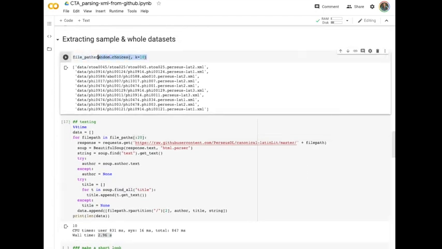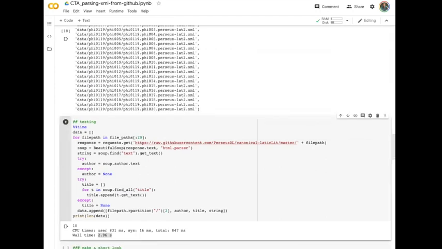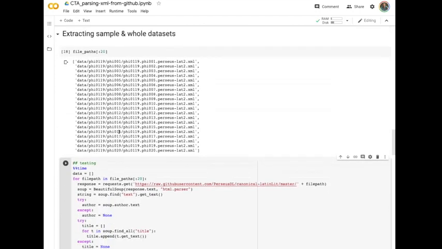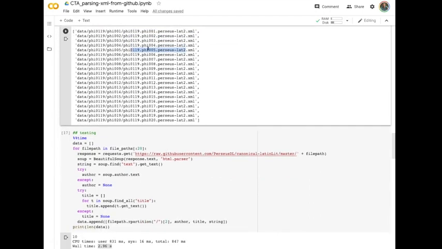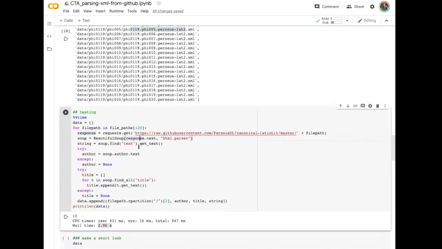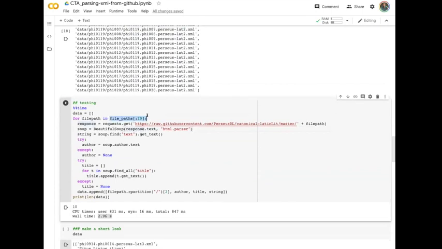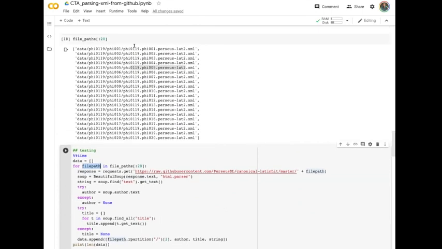Here is the list of paths, and I put here the first 20. And now I want to get all these files. I make it in this way, within a loop,